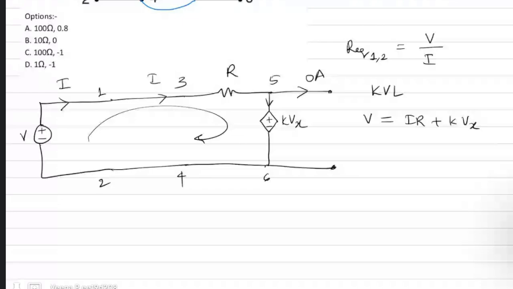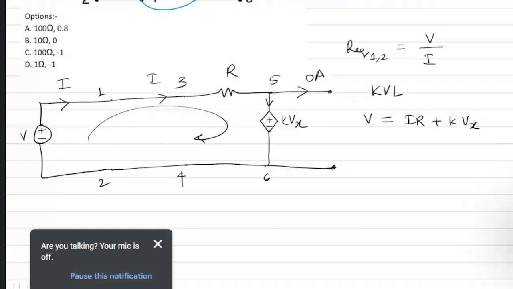Now you have K, a value anywhere between -1 and 0.8. And also R is a value which has either 1 ohm or 10 ohm or 100 ohm. So you want this resistance to be maximum. So you have a fraction A by B and you want that fraction to be maximum. That means A should be maximum and B should be minimum. Am I right? Is there any doubt in this?